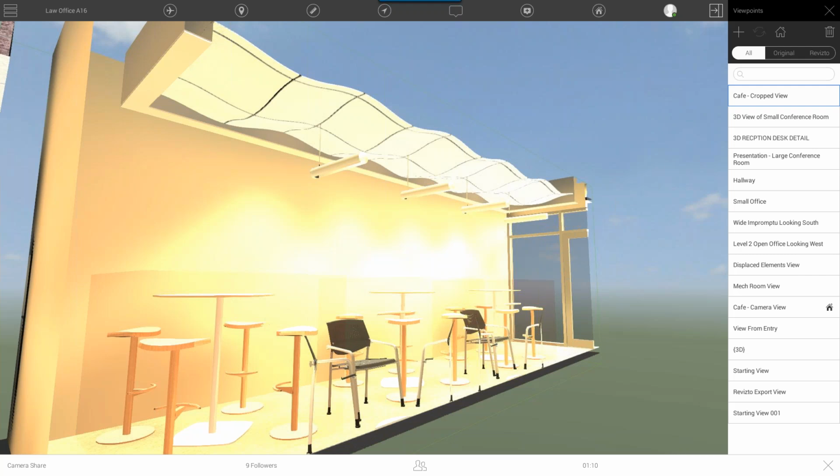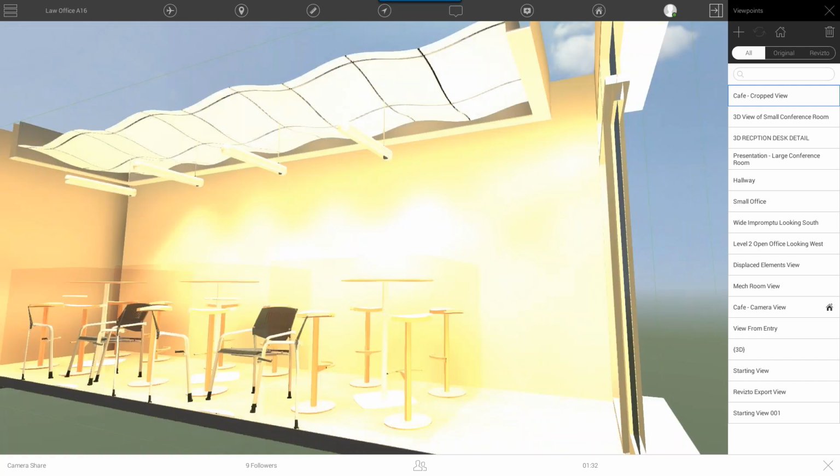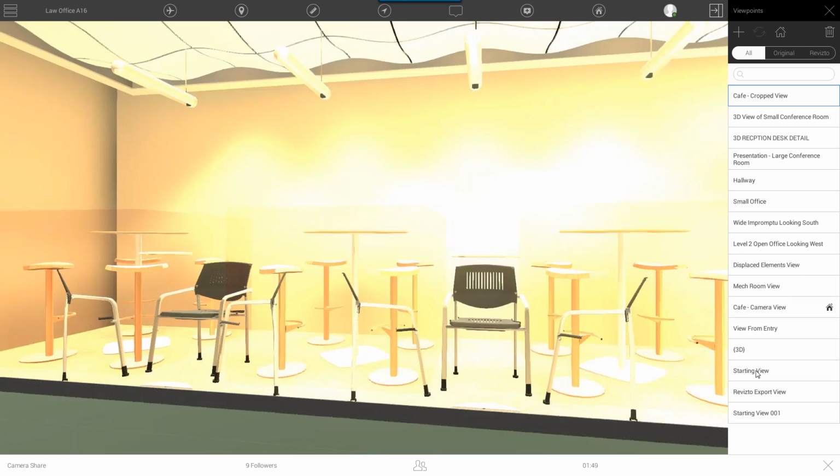Yeah, I can remember when I first saw the presentation of this, I was just blown away, because you have the GoToMeeting up, and then you also have the Revizto Editor up in your sharing, and the two were side by side, and the one through the GoToMeeting was just kind of like a bad old movie, and in the viewer here it was just incredibly smooth. And so I'm going to switch back to the starting view. Wrong starting view.